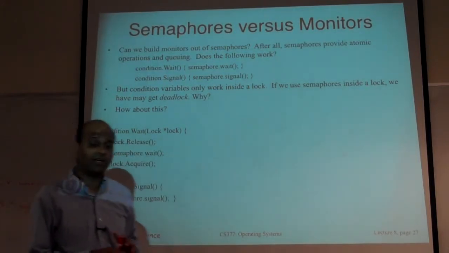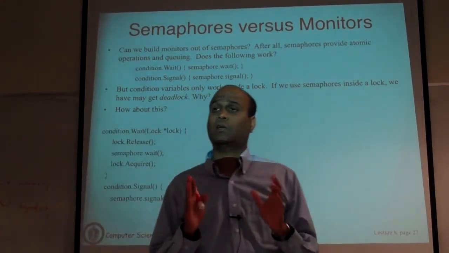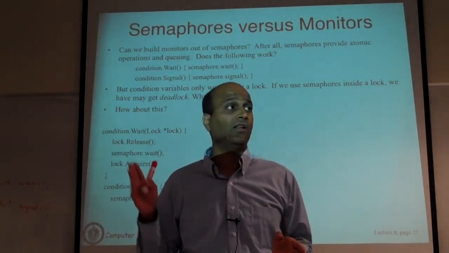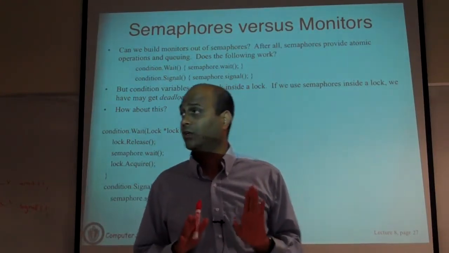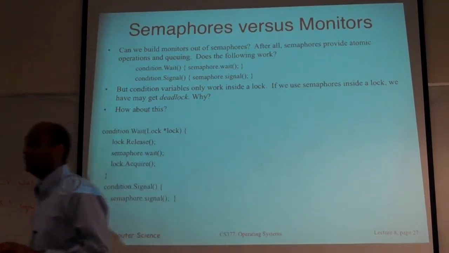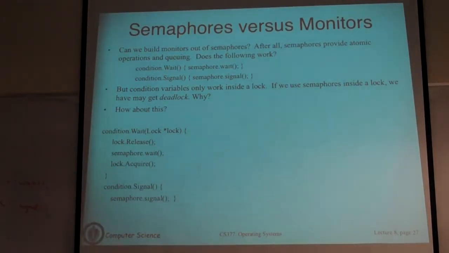You have to really understand the definition of what a semaphore does when you do wait and signal, and the definition of what a condition variable does when you do wait and signal. Let's revisit those definitions and then we'll try to understand what the differences are. So let's ask the question: what happens when you do a wait on a semaphore? Subtract 1.